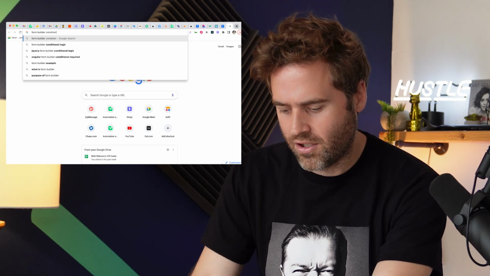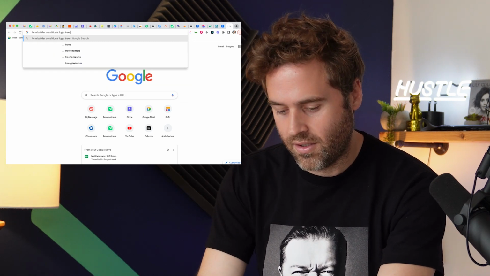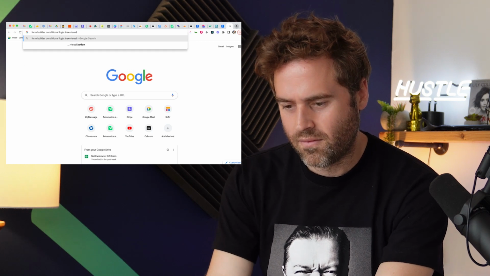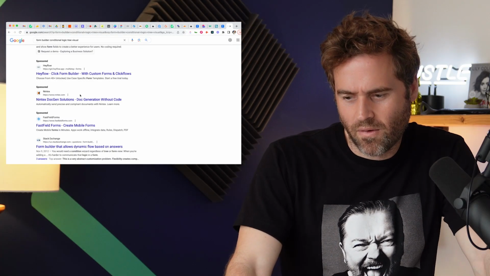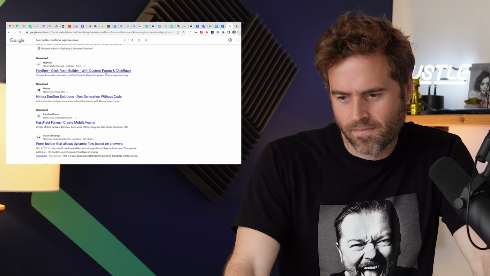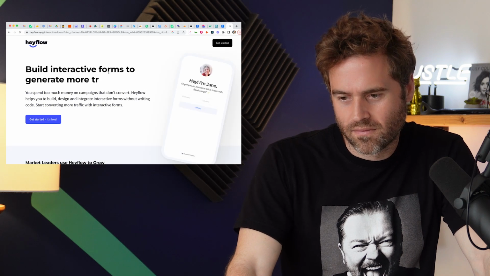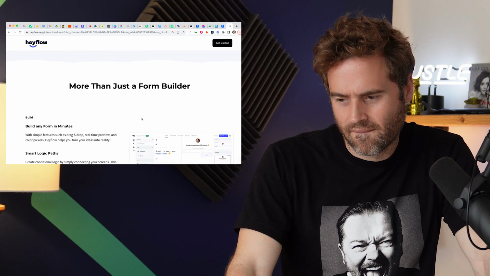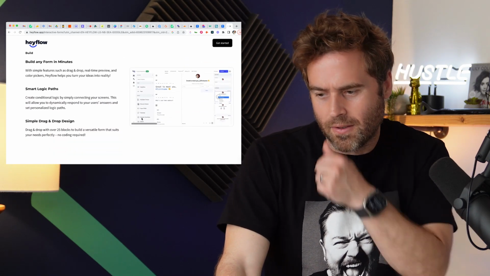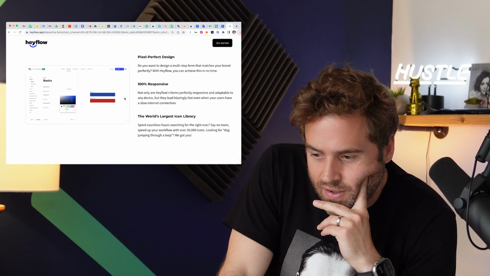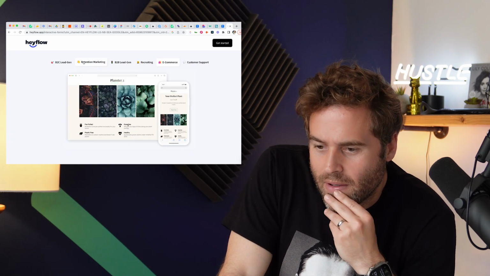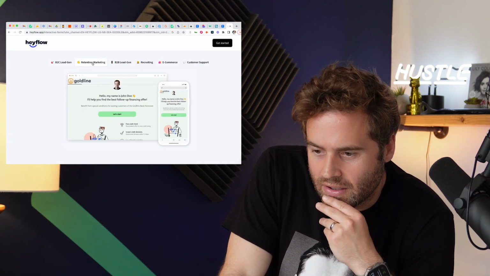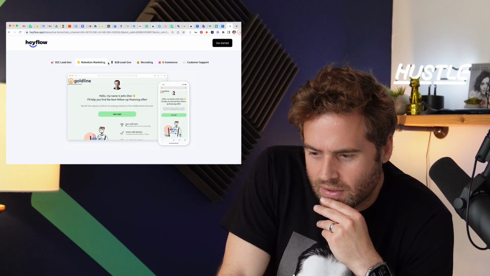conditional logic tree visual. Hayflow. Let's see. More than just a form builder. Oh my God, there are so many. There are a million of these out there. And I don't really know about this one. There's a good one out there called